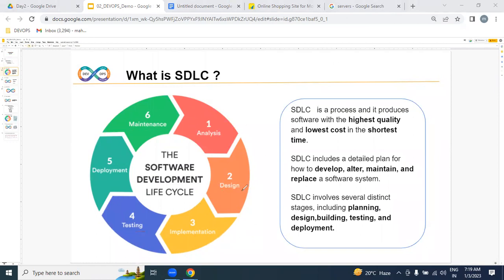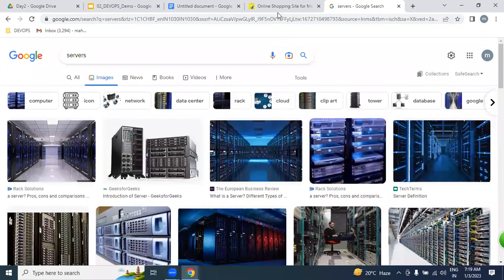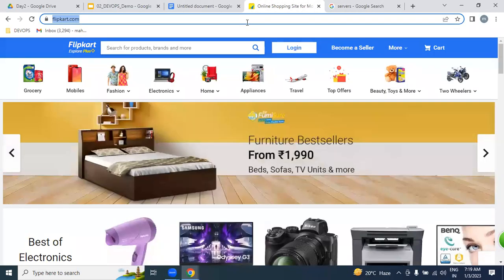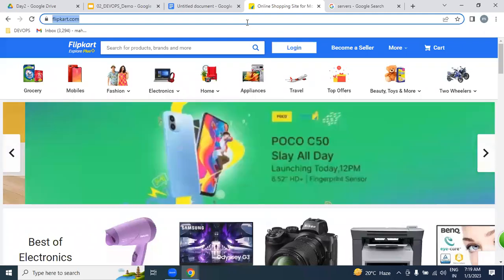By following all these stages, we can produce a working software, place it on the server side, and access it as an application, as a website.